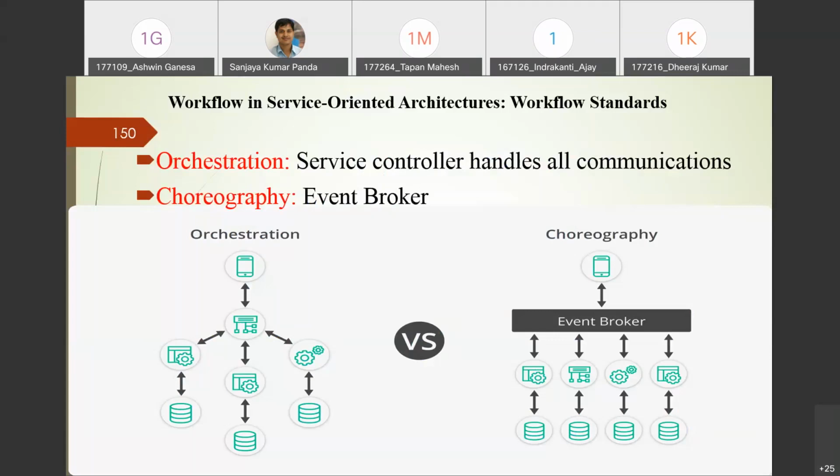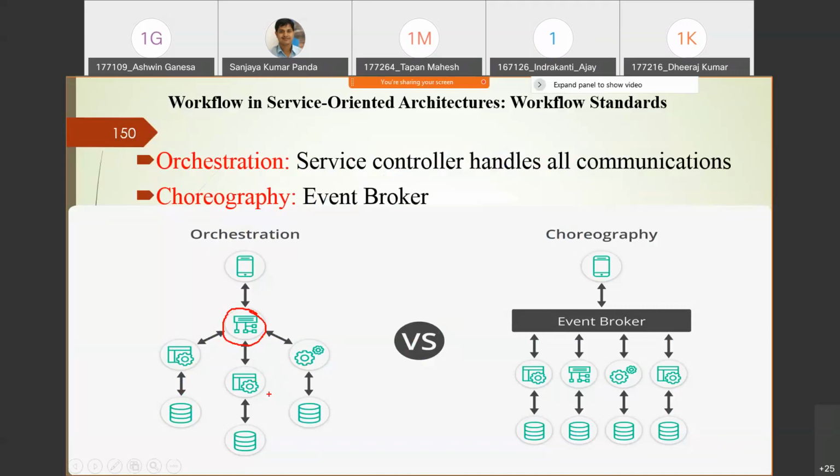You can see in the diagram, it is very clear that in orchestration there is a service controller. This service controller handles all communications, and each component may have its own separate database as well. You can assume that this is an application, this is another application, and this is another application.